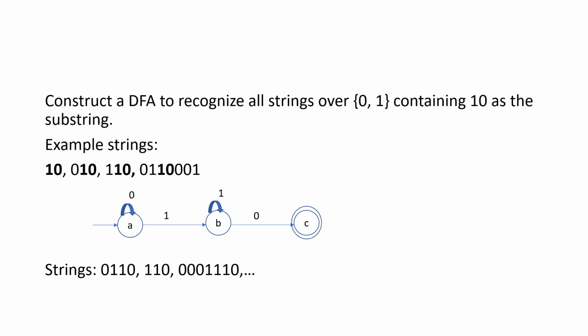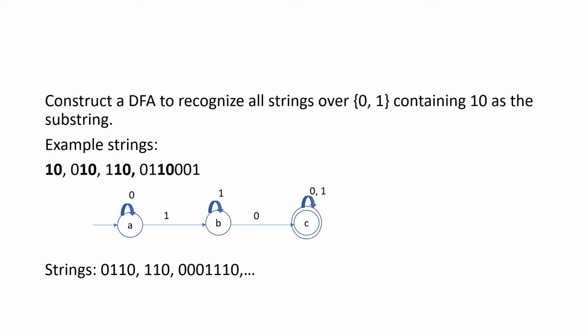First, I'll go with the self loop. When I include this 1, what are the possible strings it can generate? 0 1 1 0. Since it is a loop, any number of instances of 1 can occur: 0 1 1 0 or 0 1 1 1 0. Whatever it may be, the string contains 1 0 as a substring. Hence, this is a valid transition. I need not change this transition.